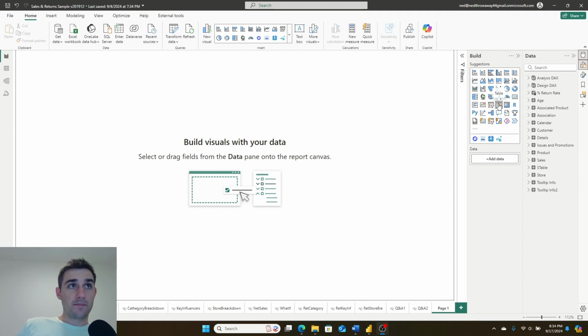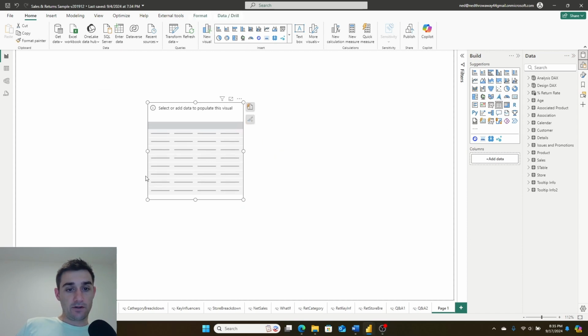So first, in order to demonstrate conditional formatting in Power BI, I am using a pre-built Power BI file. This file is the Sales and Return Sample v2019-12 from Microsoft. If you Google this file name, it will be available for you to download for free off of their GitHub. Once you have that file open, what I've then gone ahead and done is I have created a new blank page, and then I am going to insert a table visual. If you don't know how to insert a table visual, we have made a video on that, but just a quick overview. Double click the table visual icon, and then